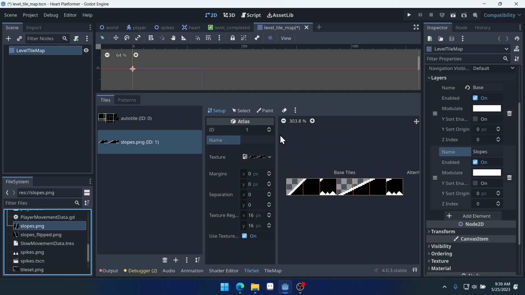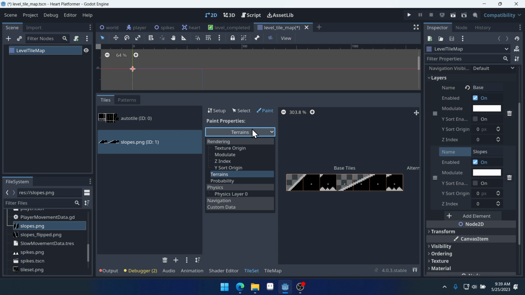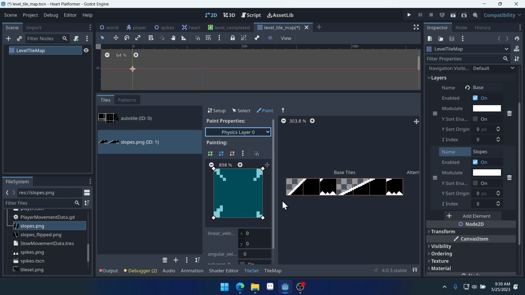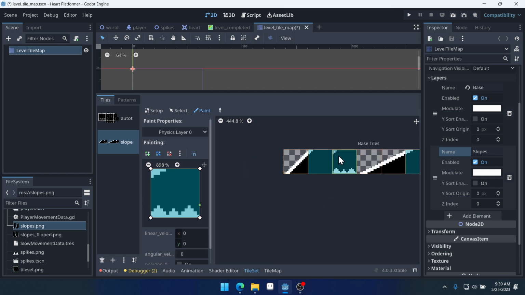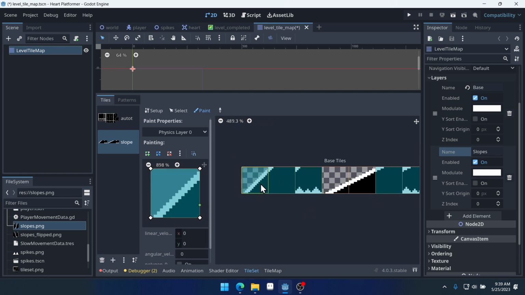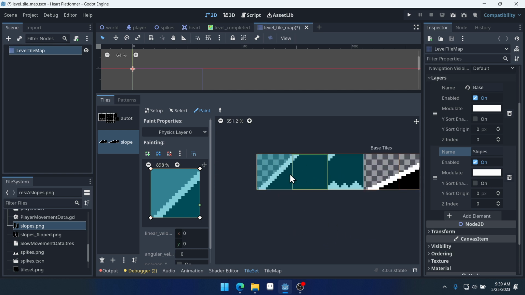And then we can click on paint, and we can select our physics layer right here, and we can click on these four because the physics are already going to be exactly how we want them. Now, the other thing we can do is click on this one right here, and its physics aren't how we want it yet, but we can easily change it by coming over here, clicking on this little X, and deleting this corner. Boom. And now we can click on it and it's the correct